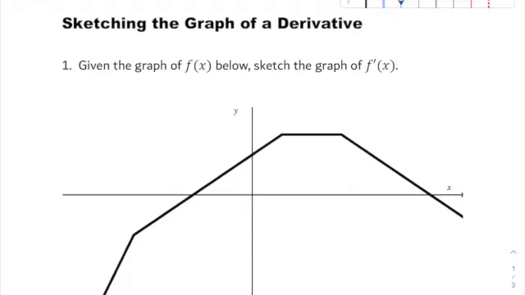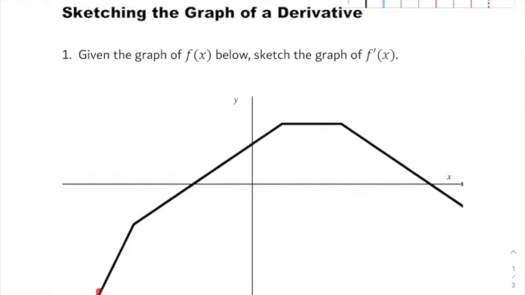The first one here, notice we have kind of a piecewise looking series of line segments that are all connected here. And keep in mind, probably the word you most associate with the derivative f prime is slope, right? It represents the slope of the original function. So if you've got linear segments and you're trying to sketch its derivative, think about the slope of each of those segments. And there are no numbers here, so there's no scale, so I don't know exactly what these slopes